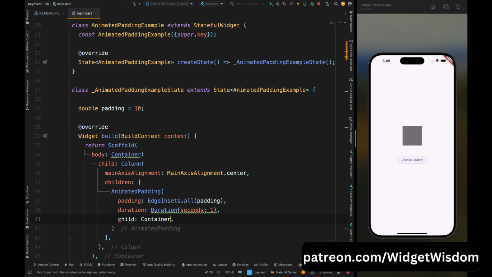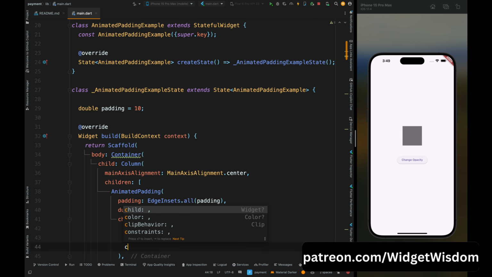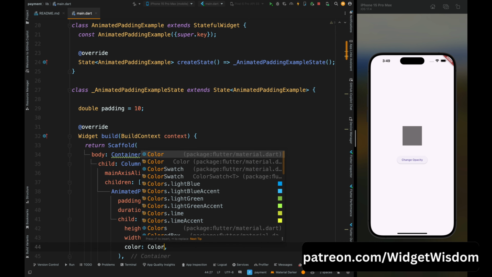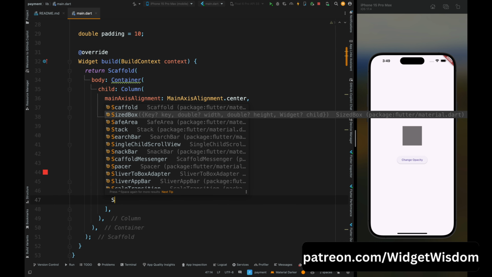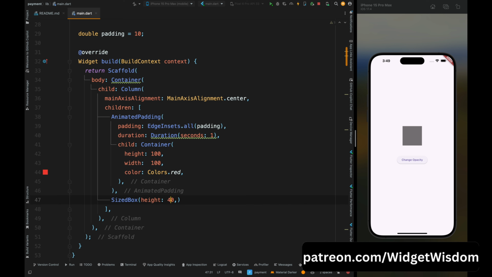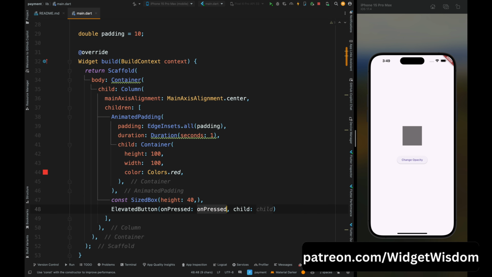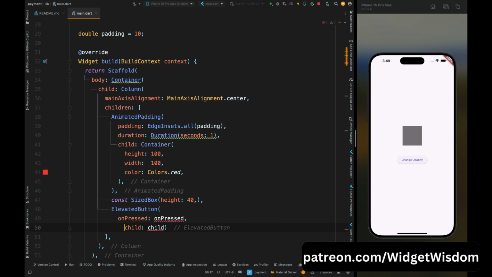Then come inside the animated padding widget and here add the container widget as a child, then set the height and width of the container to 100, and the color to red. Now come below this animated padding widget and add the sized box widget with the height of 40, then come below this sized box widget and add the elevated button widget,